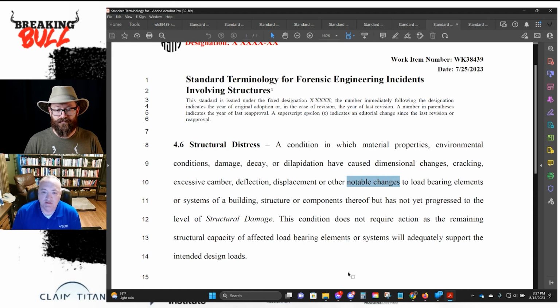The problem you run into is a lot of times structural members are built with capacities beyond what is designed. And you can have physical damage and still meet the letter of code, of what the code says you have to have. Large scale timbers are often that way. And there are other types of members that come into play. This definition could be very, very difficult to work with. And I think that this is where the industry really needs to be coming in and having this broader conversation about what does this mean? And is this something that further discussion, not just among members of E58, but among the industry, is needed?